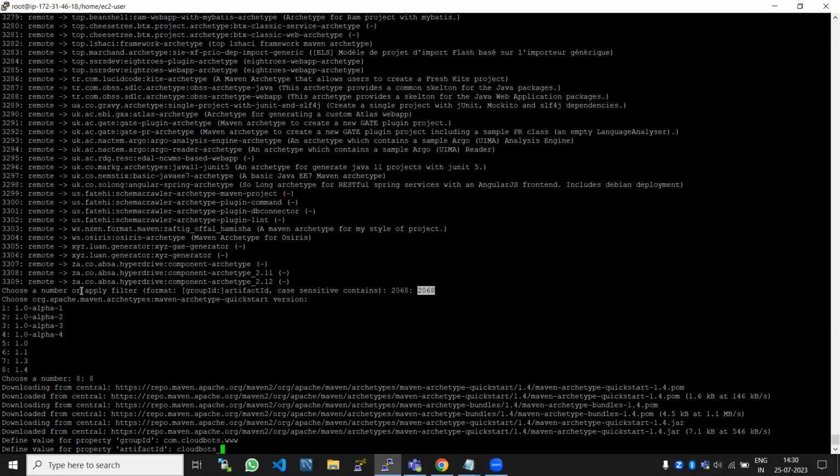It will build a jar file in the end, so that is why I'm giving jar project. We are building a normal, pure Java application which will create Java archive files, that is nothing but jar. That is why I'm giving cloudbots_jar project. You can give any name here. It's not mandatory to give only these names. If I hit enter,